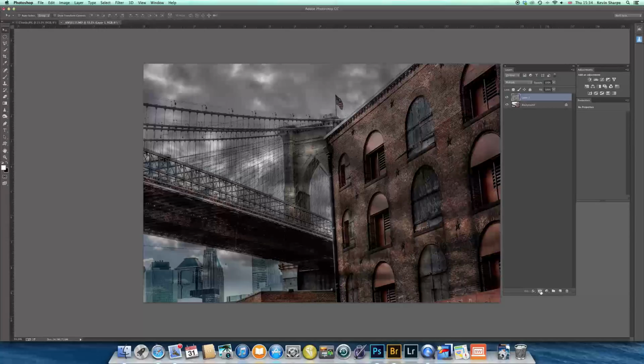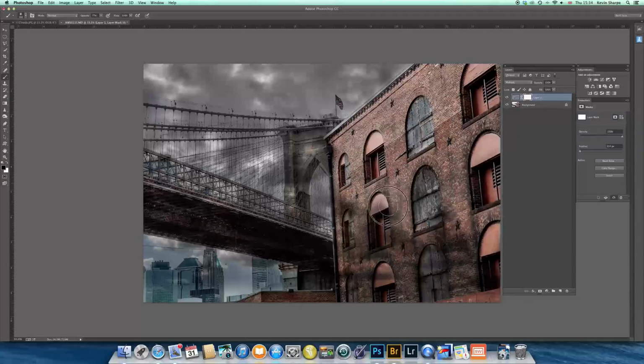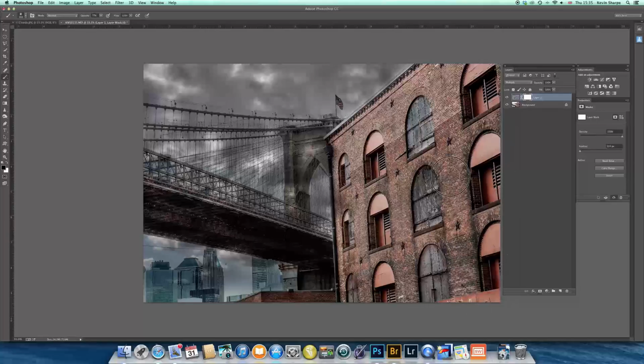So what I'm going to do again, click on the layer mask, I've got a layer mask there, I'm going to B for brush, and I'm going to swap the foreground from white to black because we're painting onto a white layer mask, and I'm going to bring that opacity up to, well, it's 77. I'm going to try that to start with, it's a fairly small brush, and I'm just going to bring back the building, and I'm going to keep that fairly smallish just to come round down these bits here. I'm just painting on that, filling in that brickwork there,